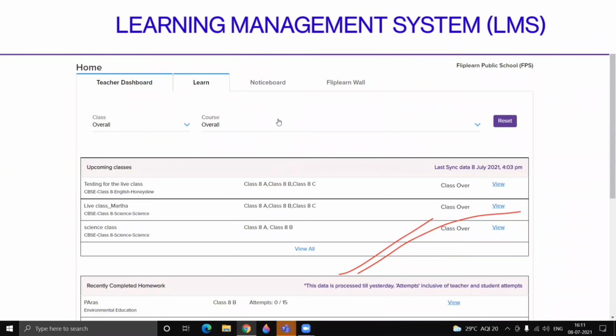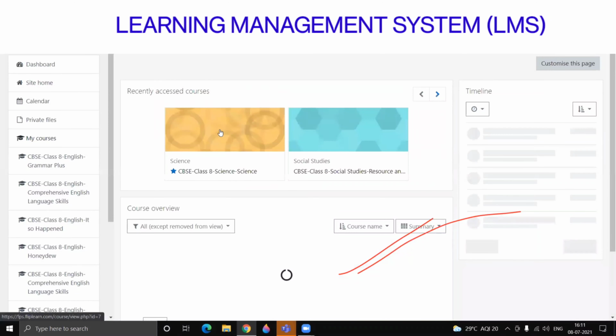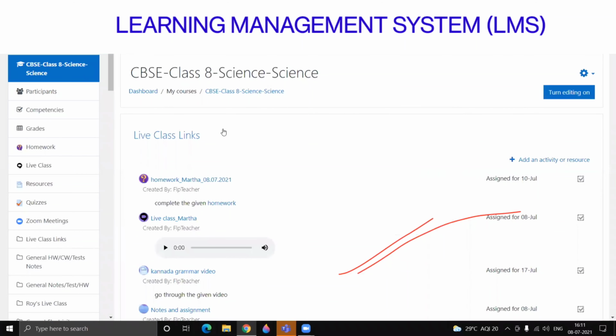I'll go to the school platform. Teachers will be thoroughly trained on how to use the platform, and we don't train all at a time. We go one by one. In the first training, we train them how to attach a file folder. Then we ask them to practice. If there are any doubts, we clarify them and go with the next part. Until the teachers are thorough, we don't go to the next feature of it.